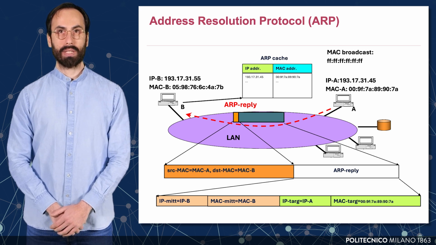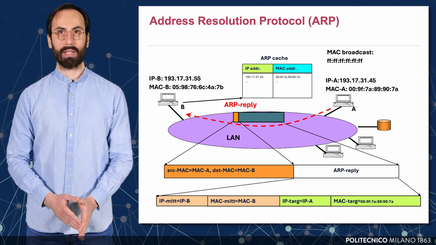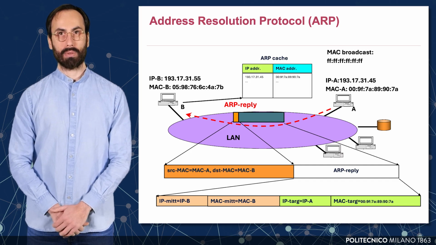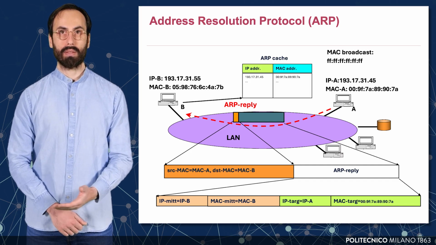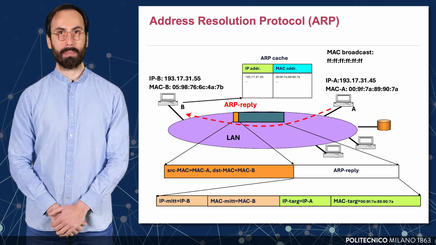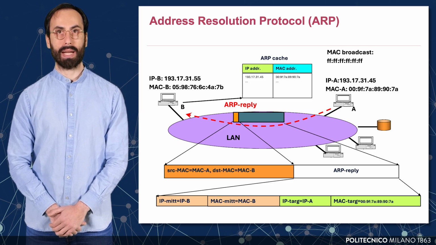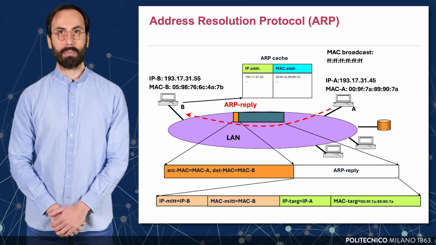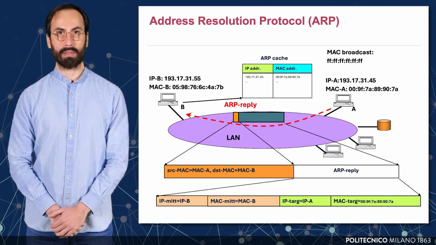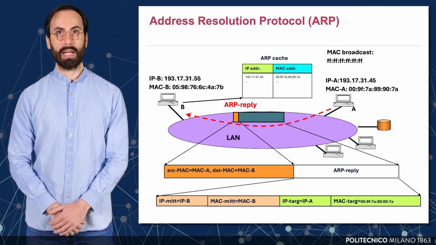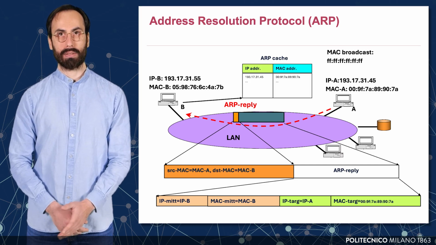This image illustrates the ARP reply phase. After host B broadcasts an ARP request, host A recognizes that the target IP in the request matches its own. Host A then responds with an ARP reply message, which includes its MAC address. This reply is sent directly to host B, not as a broadcast but as a unicast message. The Ethernet frame now has host A's MAC as the source and host B's MAC as the destination.